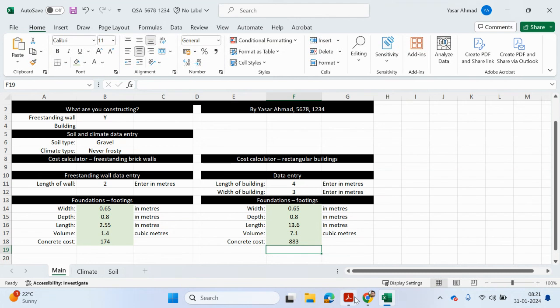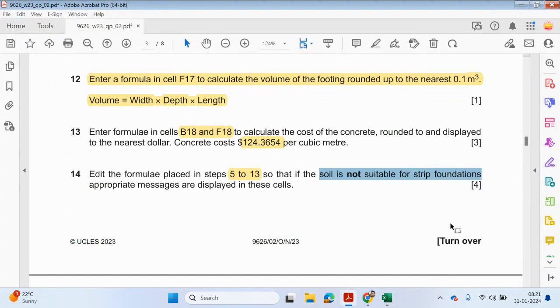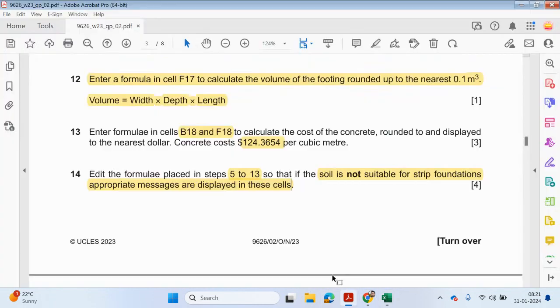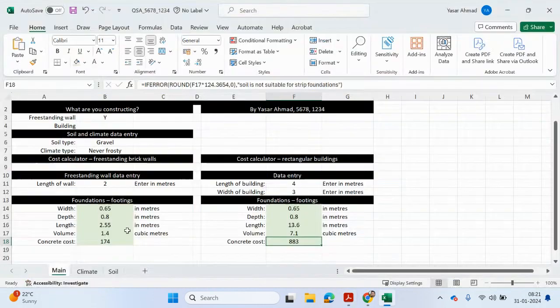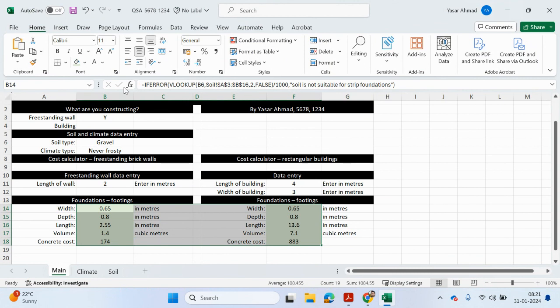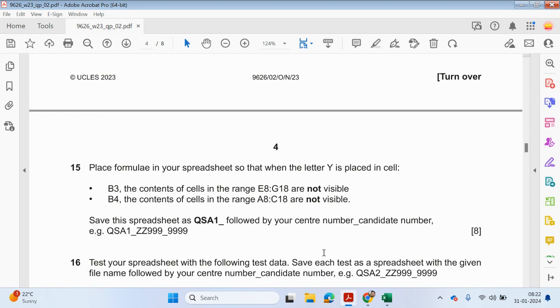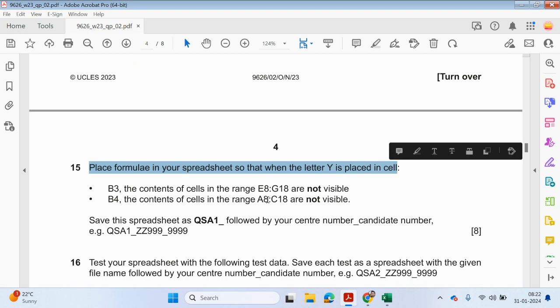Done. You can maybe skip that part. There's only 4 marks there, but it's quite a lot of things which we had to do. So we've got the appropriate message. So if there's an error, we will display that soil is not suitable for strip foundations instead. Now I've done that, let me just change the fill to no fill. Question 15. Place a formula in your spreadsheet so when the letter Y is placed in cell B3,